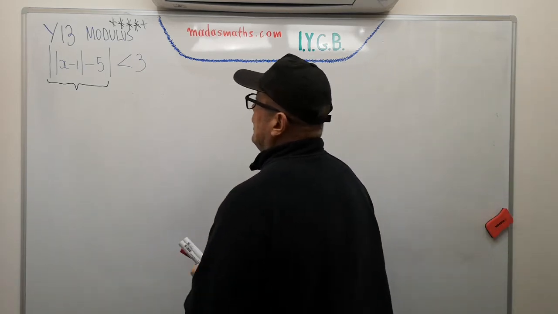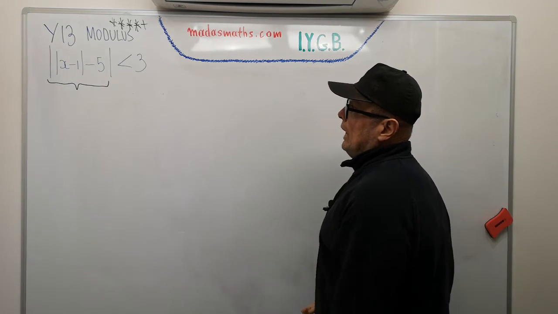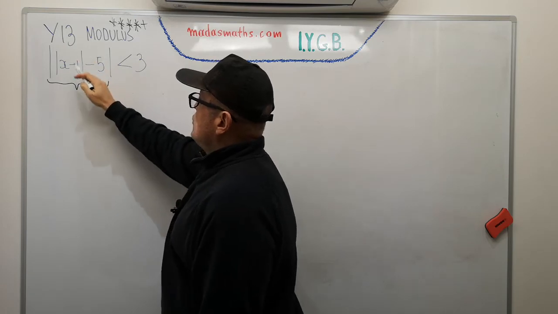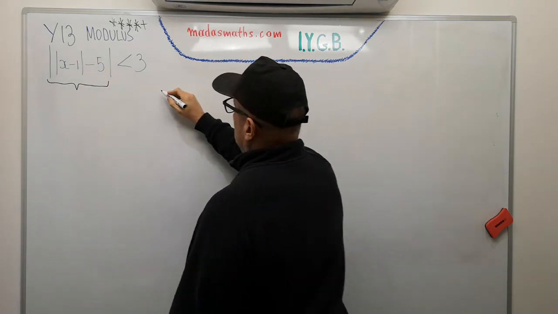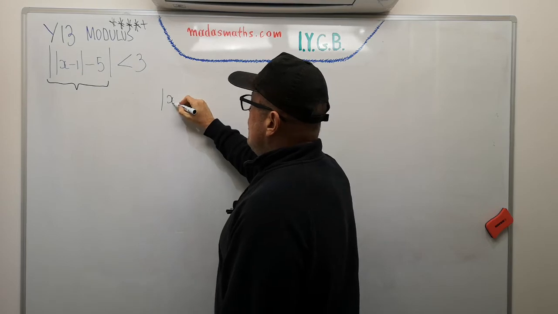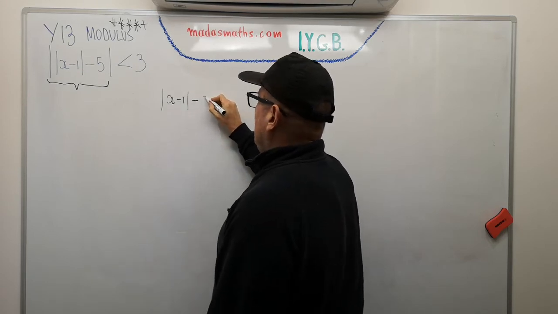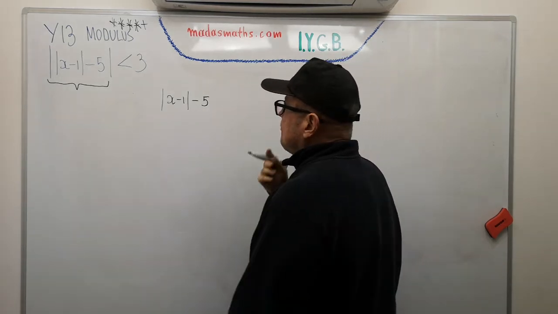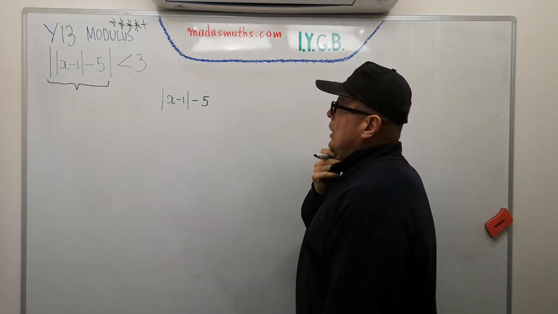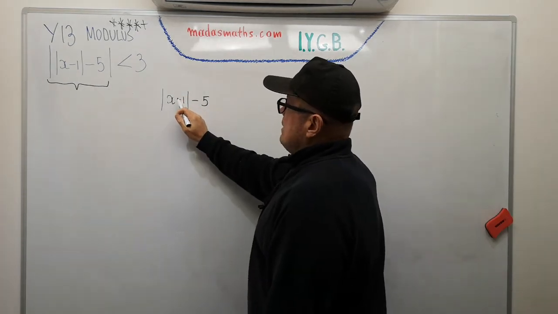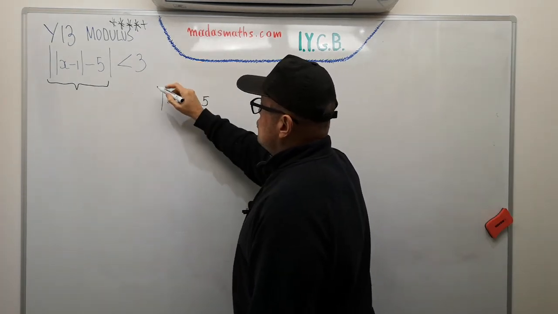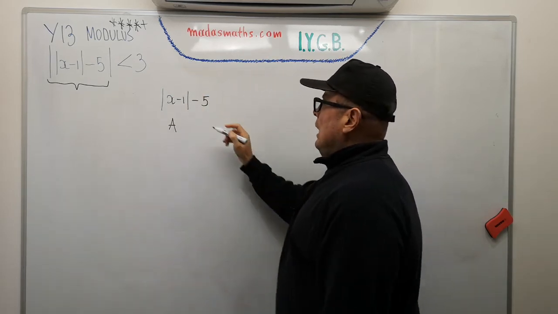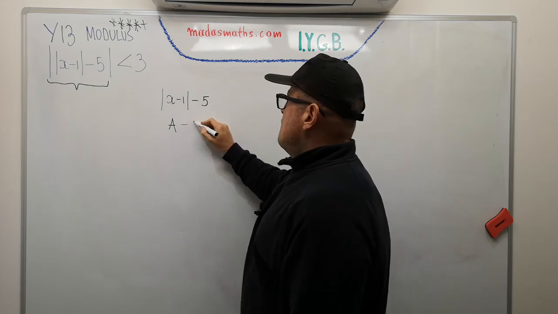So where do we start with this particular one? Okay, we're going to start first of all with the interior of the outside modulus. What it says up there, let's write it here actually, it says mod x minus 1 minus 5, all modded. So what I'm going to do is replace this x minus 1 by another quantity. Let's call it capital A, I don't want to use y. So that says mod A minus 5